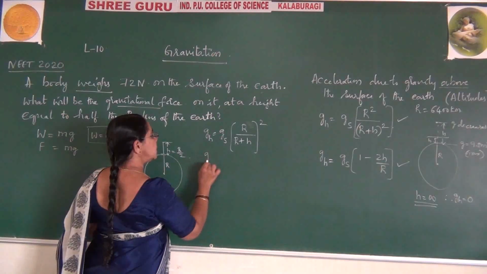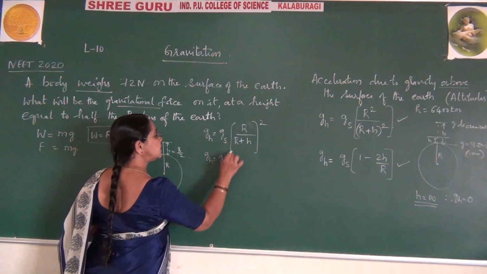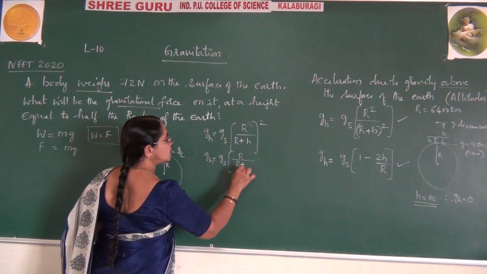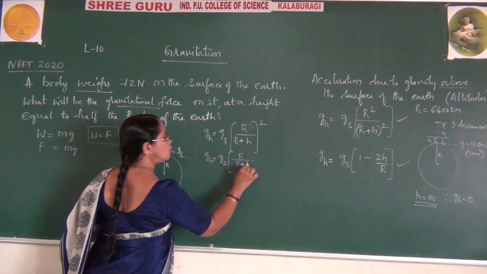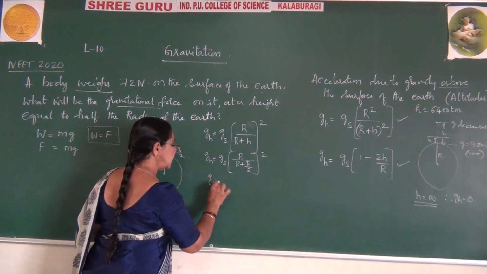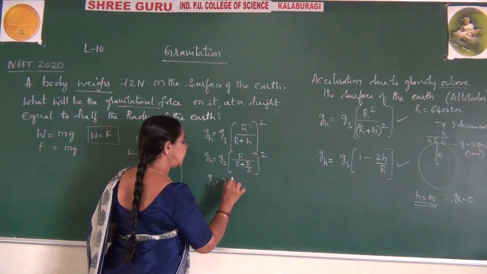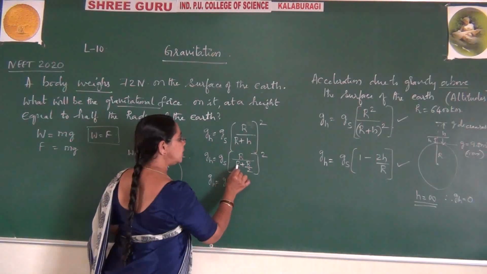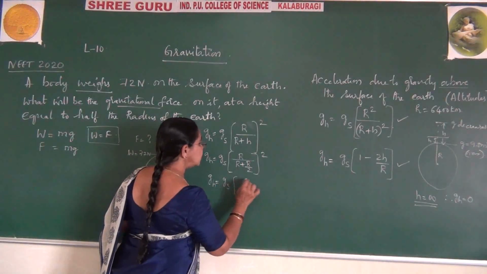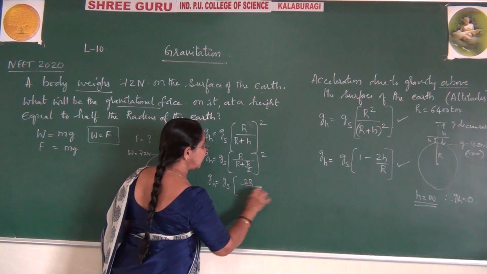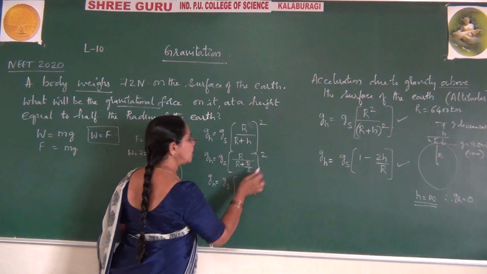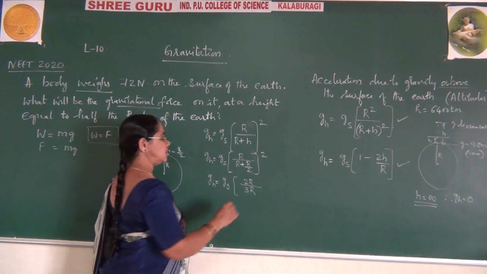Now if I write GH is equal to GS into R divided by R plus H, this H will become R by 2. Therefore GH is as good as GS into, this will go to numerator, and we take the LCM now. If I write directly, you get 2R divided by R plus 2R, plus R is 3R. This denominator will go to numerator, that you know from school days.